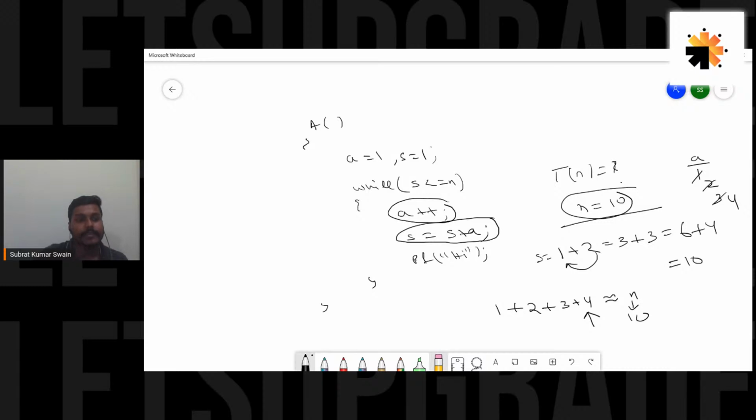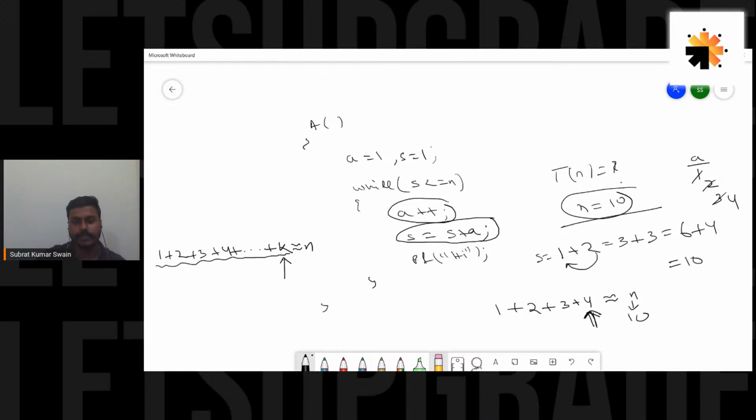So we added 2, then 3, then 4. Let's say at the kth step, when we added k, we will reach n. Likewise, in the fourth step, when we added 4, we reached 10, and 10 was the value of n. Now we don't know the value of n, so we are assuming in the kth step, when we add k, we would reach n. So what is this, guys? 1 plus 2 plus 3 plus 4 up to k. Addition of k natural numbers, right?